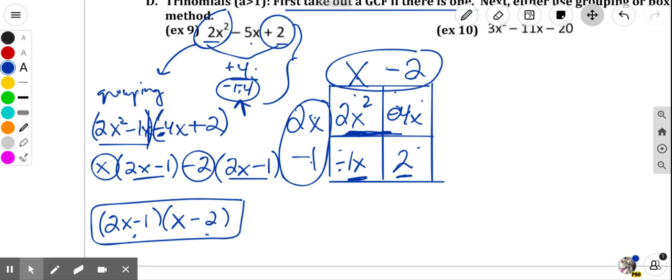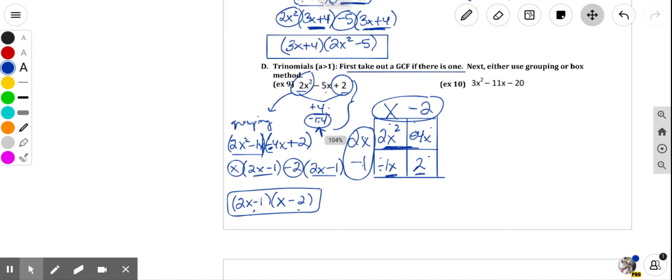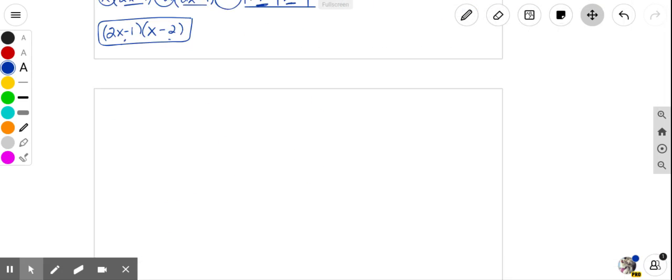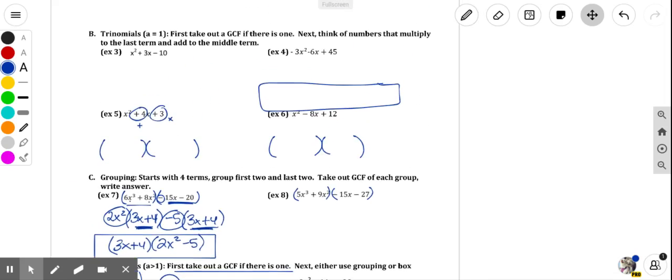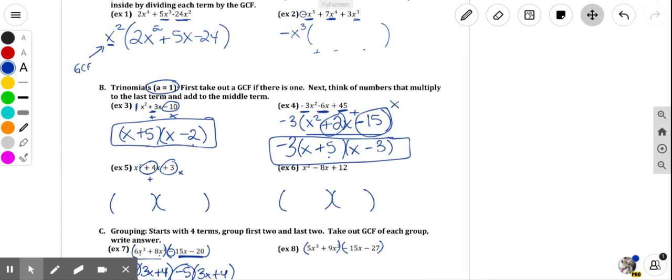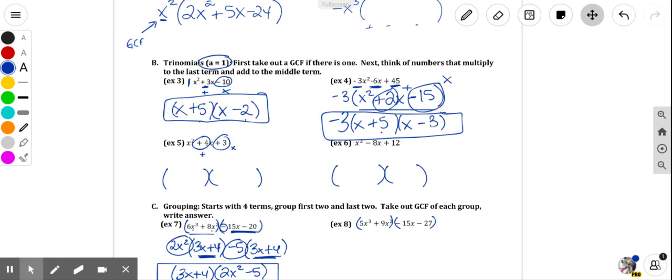So I want you guys for your assignment today to just do the ones that I didn't do. Number 10, number 8. So you have 1, 2, 3, 4, 5 problems. So that's pretty simple. So try those problems. We'll go over them tomorrow, and then we'll learn how to graph tomorrow from standard form. All right, that's it. Let me know if you have questions, and have a great